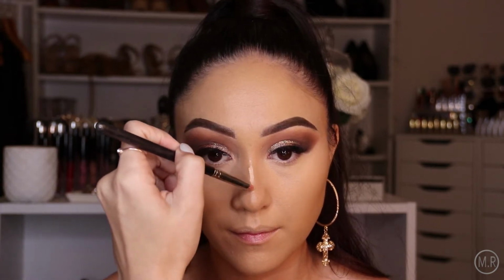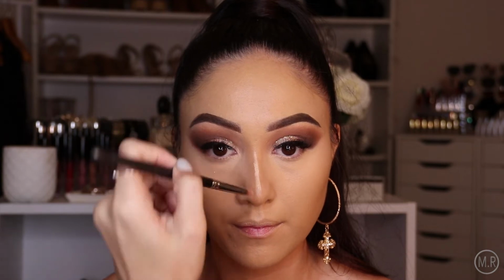Once I have blended that in a little bit, I'm actually going to go in with a little bit of concealer on a small pencil brush and just highlight in the center. Just a very small amount, and then